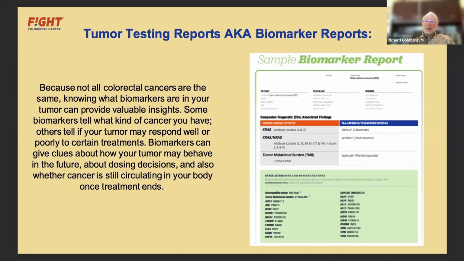And almost all colon cancers look the same under the microscope. They're moderately differentiated adenocarcinomas. And when I first started treating patients back in the 1980s, we really had one drug and we considered all colon cancers to be alike. Enter the era of genomic medicine and everything has changed. And it's changed in a good way. And it's continuing to change almost weekly, it seems like.